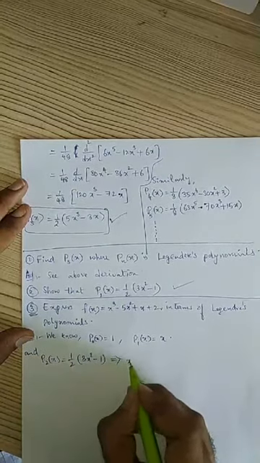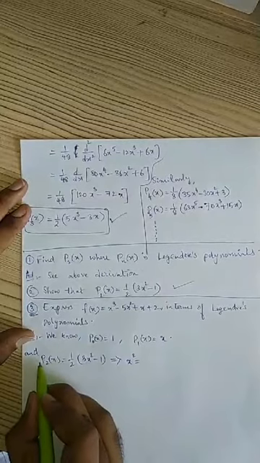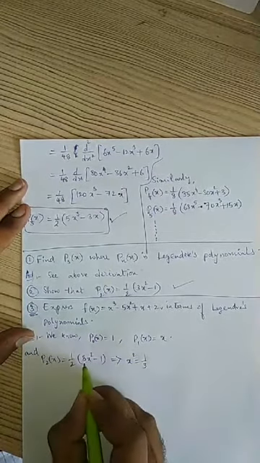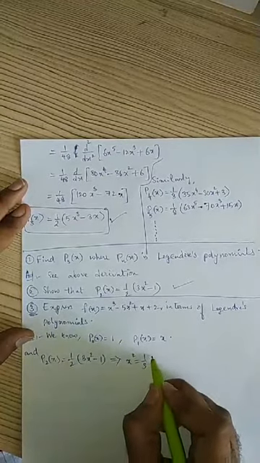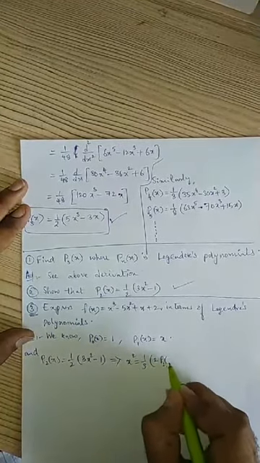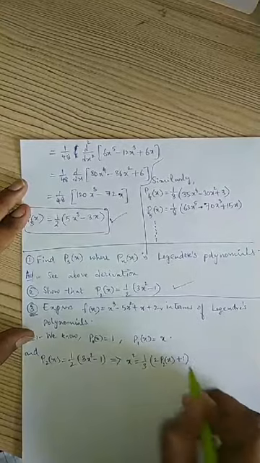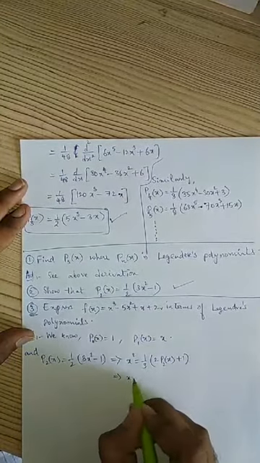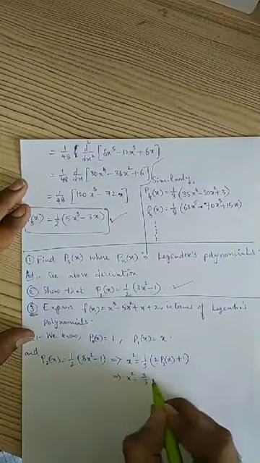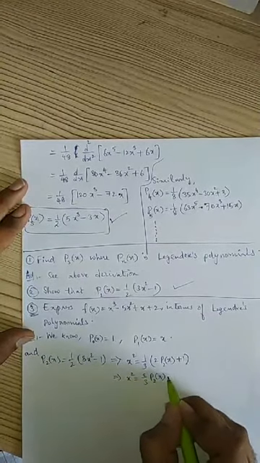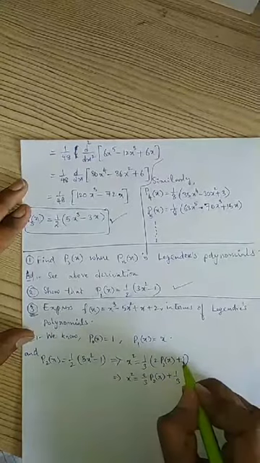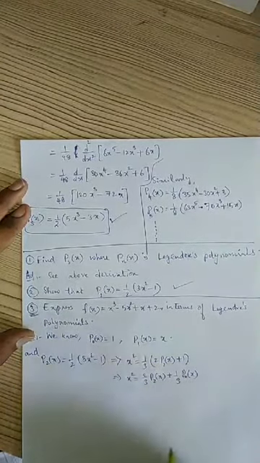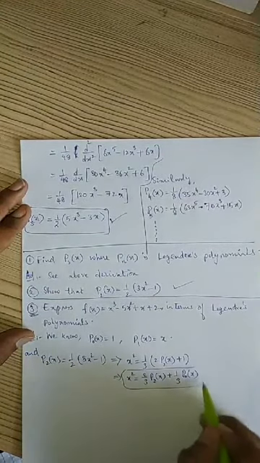So x square will be given by, this 2 will be taken here, 2p2. This 3 will come in the denominator, 1 by 3 into 2p2 of x plus 1. Right? Further, this x square is equal to 2 by 3 p2 of x plus 1 by 3. This 1 can be written as P0 of x, right? So x square is this.